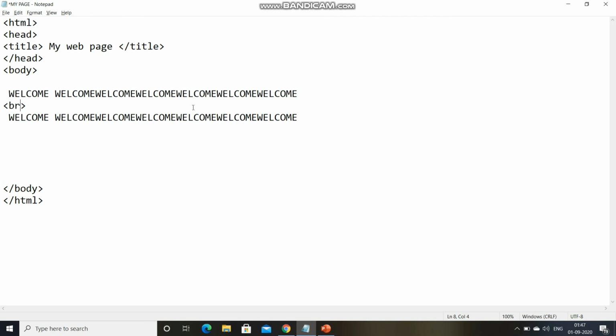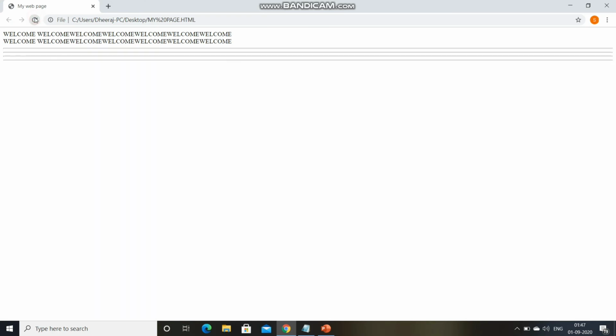After these two lines I want 4 horizontal lines on the web page. So what I'll do, I will write HR 4 times. Now I have to save this by Control S or going on file and save. I'm going to the final web page.